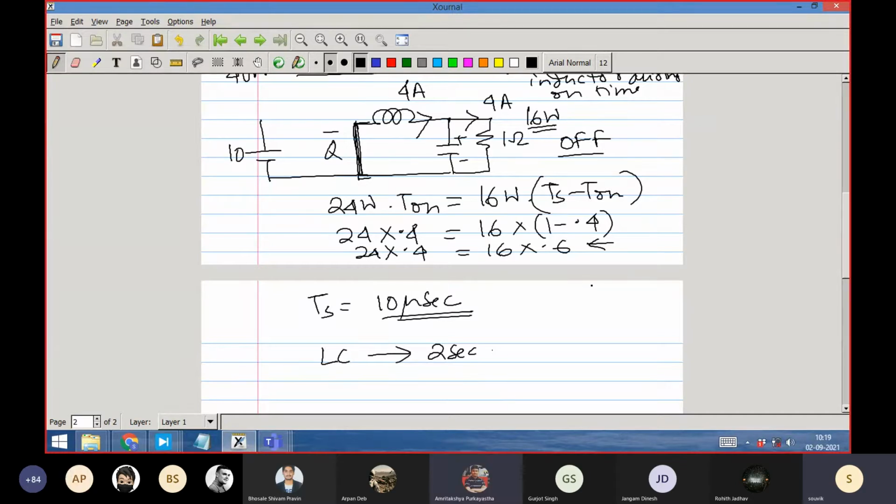Sir, if the time constant of the circuit is that big in comparison to Ts, then it should take a very long time to reach the steady state itself, right? Yes. It will take a very long time. It will take 2 seconds, let us say 2 second, 4 second, 5 second to reach the steady state. But who realizes it? Nobody is bothered with that initial time.